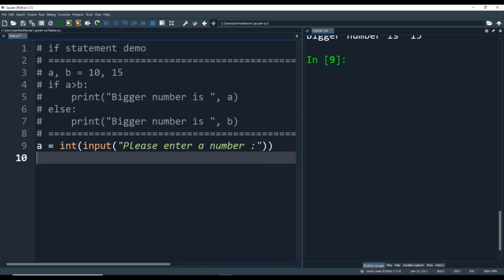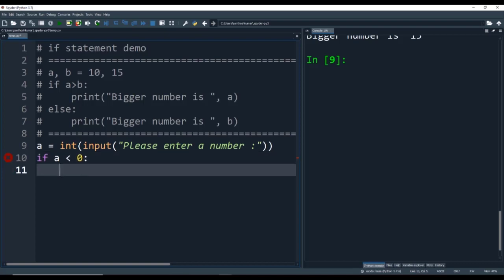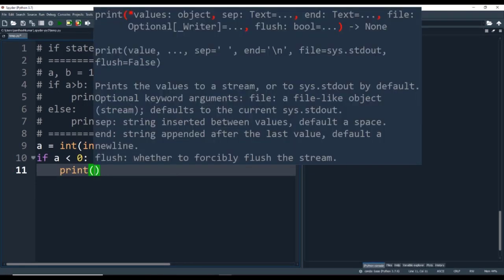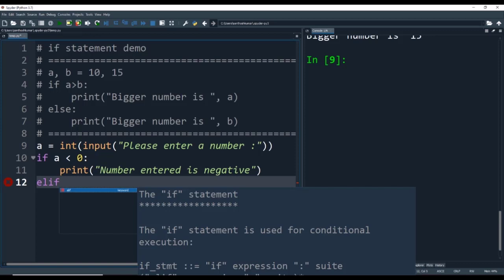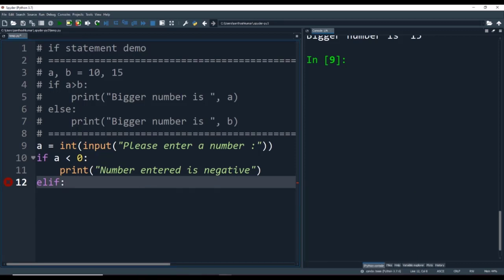So once the number is received from the user and assigned to the variable a, I will use the if statement, and I am checking if the variable a is less than 0. If it is less than 0, then I am printing that the number entered is negative. And then the next one is else if. For else if, the syntax is elif, as you can see here, and then the condition.